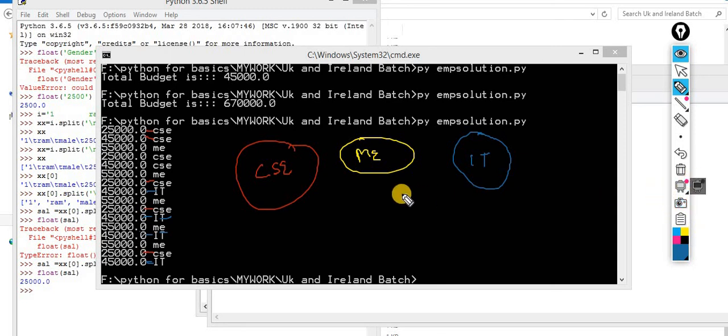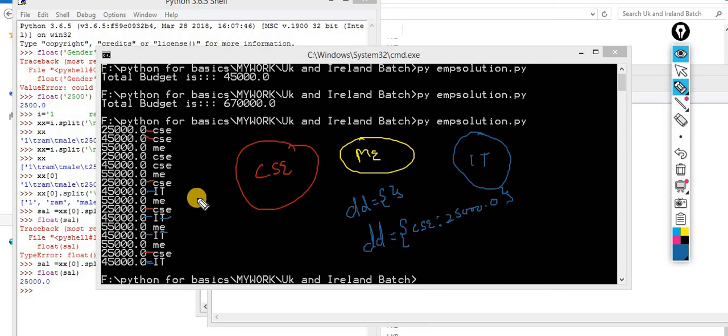So how can I do it? So here I am taking one dictionary, an empty dictionary. I initialize an empty dictionary. First, what do I have to do? First I get CSC. So inside DD, I have to make a key-value pair. The first key is CSC, and then the salary, that is 25,000. This would be the first value that I got.